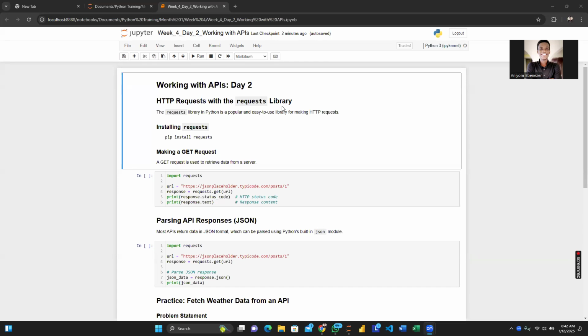This is day two, so we'll be looking at week four. We'll be looking at working with APIs. Yesterday, day one of week four, we tried to see